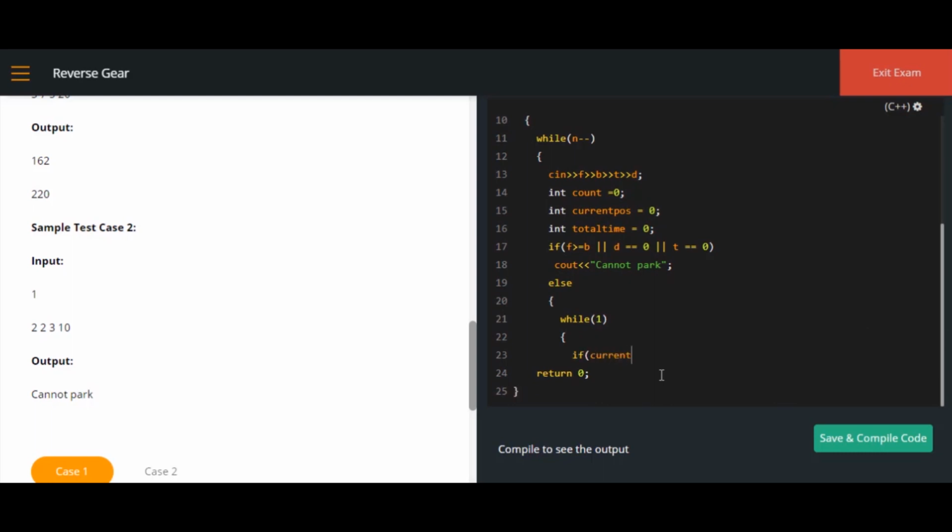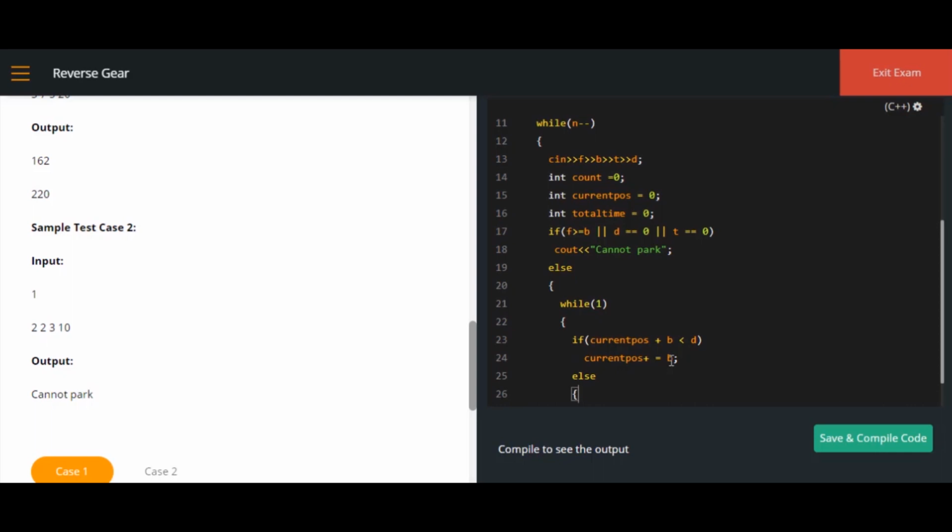You will check the current position. If I add the current position with the backward steps, and it is less than the distance between the actual position of the car and the wall, if this is true, then simply update the current position as current position plus backward position, right?